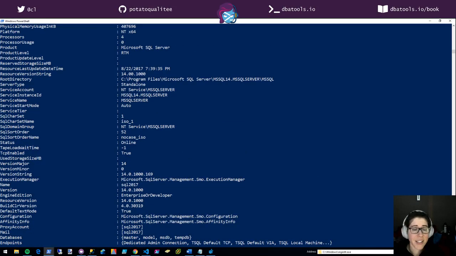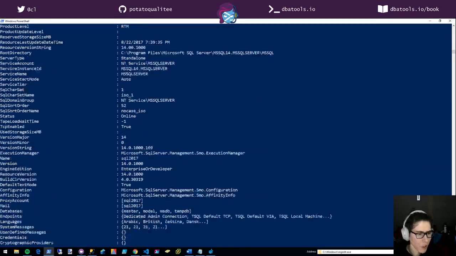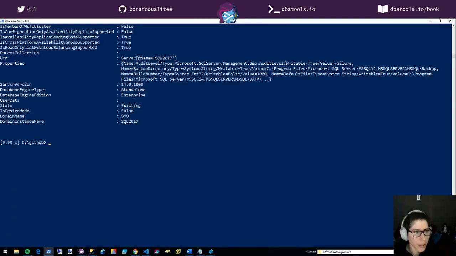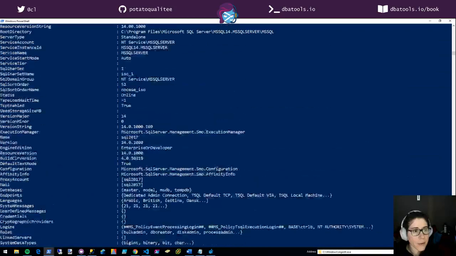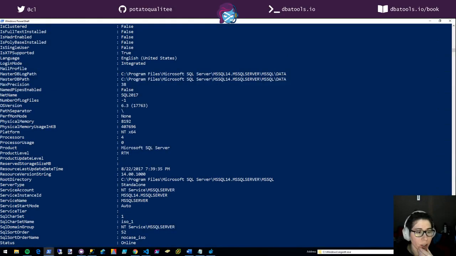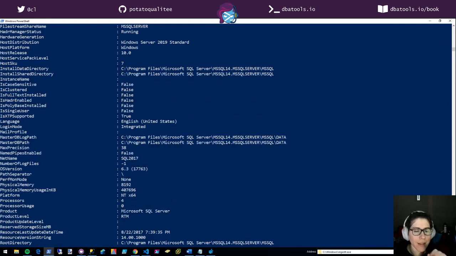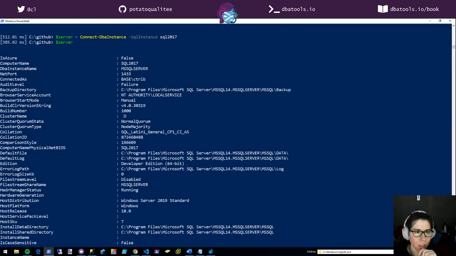And this actually takes longer than the other one. To enumerate it, let's see how long it took. So it took almost 10 seconds to enumerate all of those parameters. What I'm looking for now is this root directory, but I want the setup boot log directory. I don't think we're going to be seeing it, but let's try it anyway.